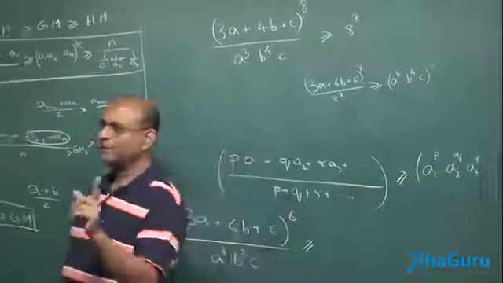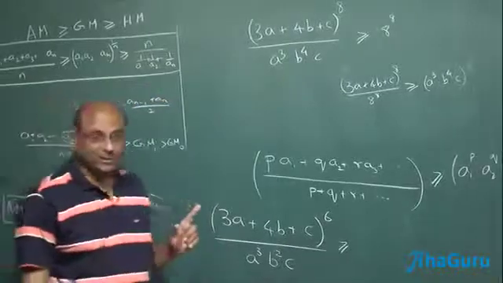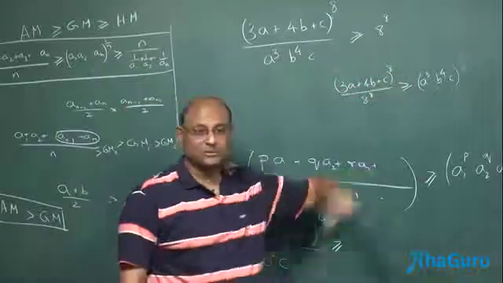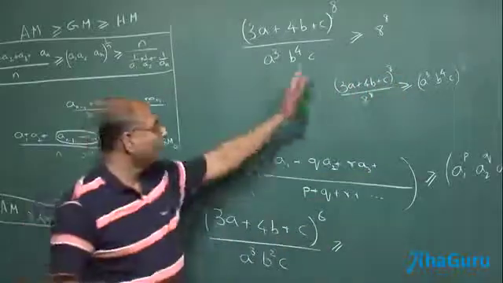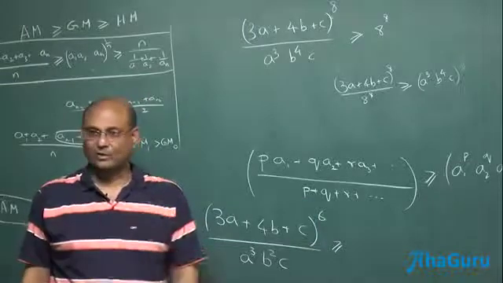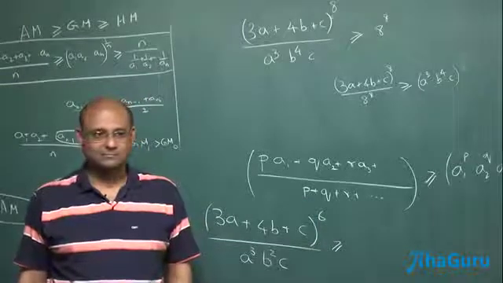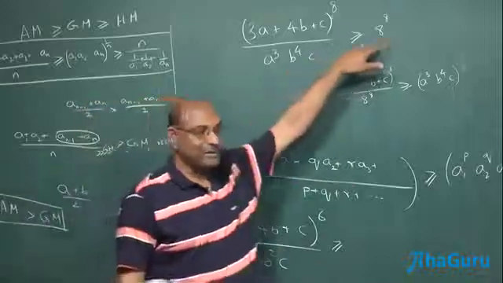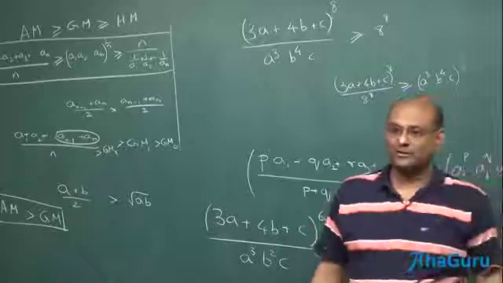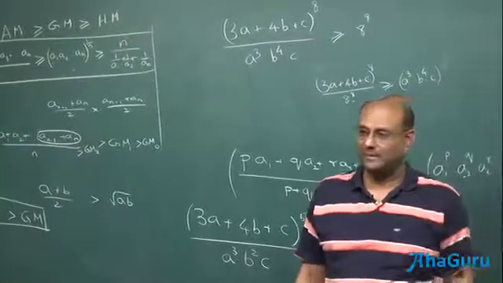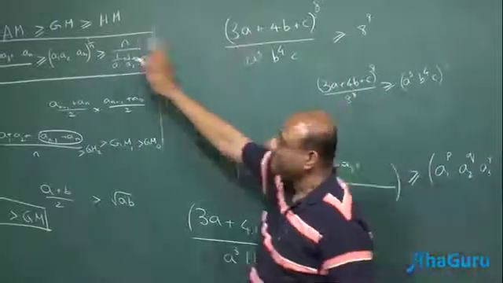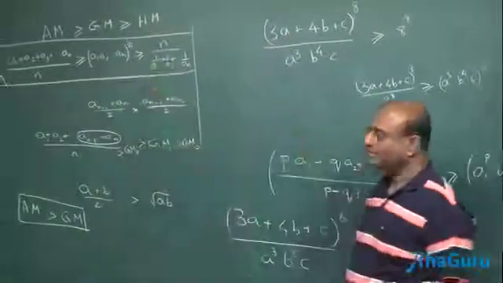It's possible if all the numbers are equal. All what numbers are equal? If A is equal to B is equal to C, because it's 3 A's and 4 B's and so many C's. Under that condition, they are all equal. Is that okay? So will you be able to achieve 8 power 8? Yes. Therefore, that is the least value. And obviously every other value must be greater than 8 power 8. Do you understand how we solve this problem? Just direct application of arithmetic mean greater than geometric mean.